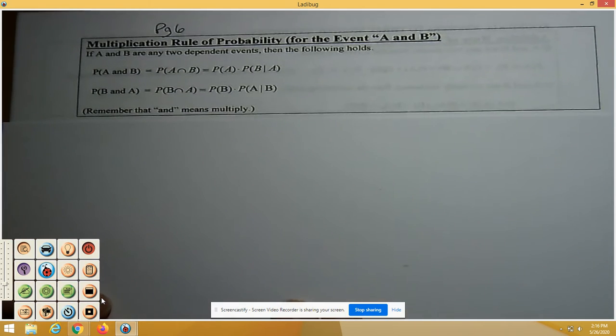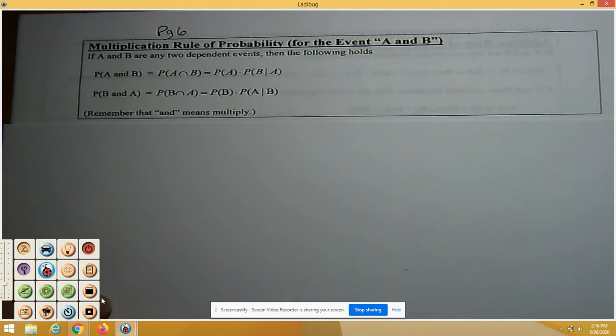In this video, we're going to be looking at the multiplication rule of probability for events A and B. This is basically saying that the sample space is adjusted, and that's why we're going to be looking at the multiplication rule. So if A and B are any two dependent events, the probability of A and B is the probability of A times the probability of B given that A has occurred,